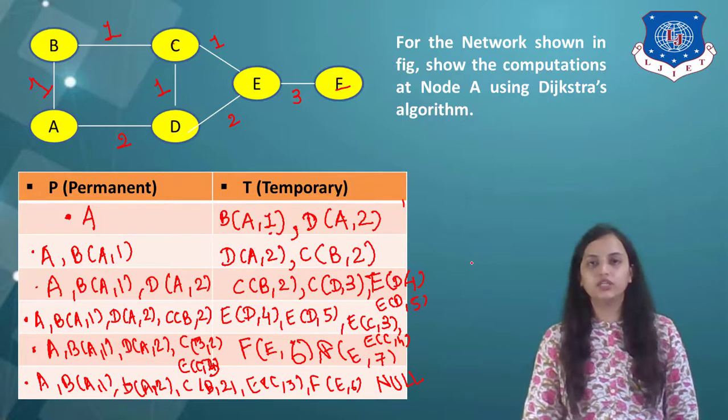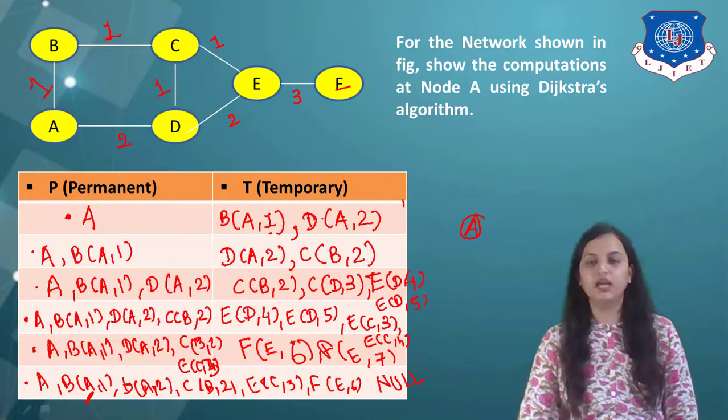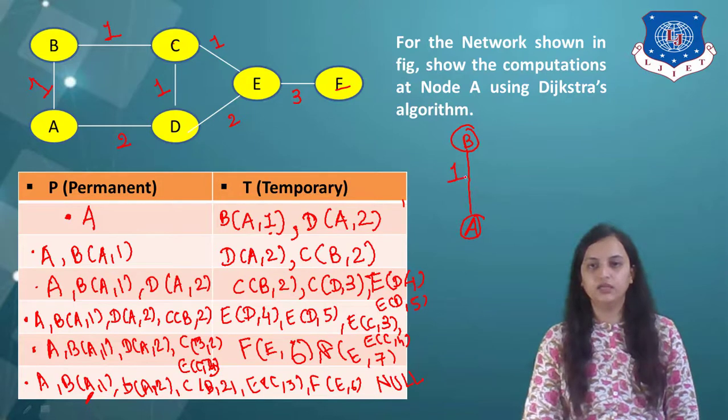Now if we want to draw the shortest path using this table, we always have to refer to the last permanent node over here, which is given as first, following this. That means the first node is A. Then we are shifting to BA1. That means destination node is B with the distance 1. Then the next is CB2. That means we are shifting to the value C from the node B with the distance 2. Now always the distance is calculated from the root node.